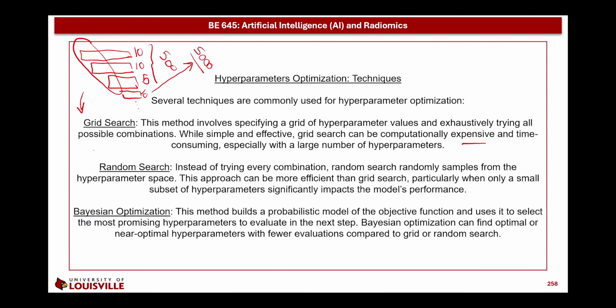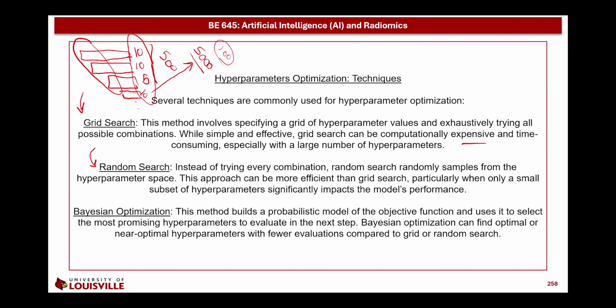Another approach is called random search. Instead of trying every combination, random search randomly samples from the hyperparameter space. So it can pick random combinations and leave others. This approach can be more efficient than grid search, particularly when only a small subset of hyperparameters significantly impacts the model performance. So instead of picking all of these combinations, from the 5000 we are picking only